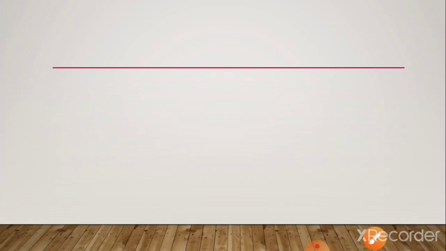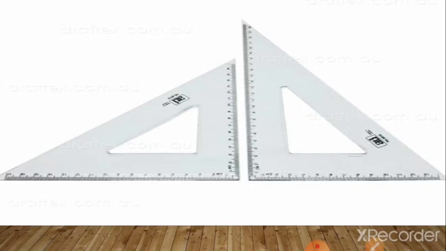Okay students, now we will discuss question number 3. Have you ever seen these types of scales, these types of triangles in your geometry box? What are these triangles called? We have rarely used these triangles from our geometry box, but whenever you purchase a full geometry box from the market, these are part of that geometry box, right? So do you know what these are? These are the set squares in your geometry box.